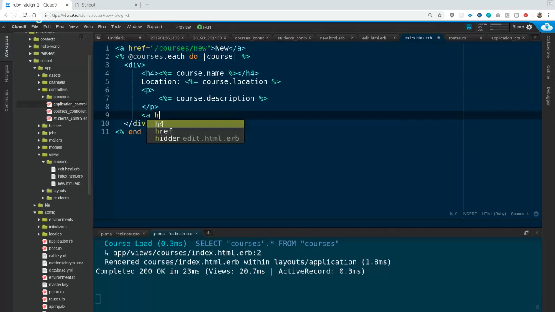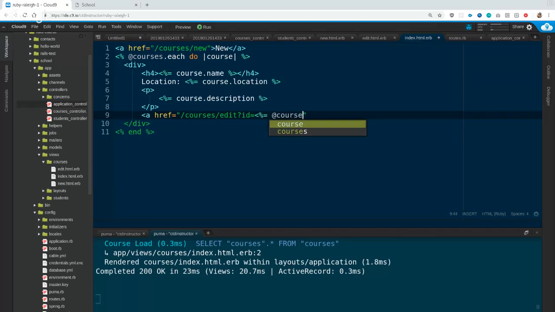So after the description, that's going to go to courses edit, and then in the URL, I want to pass the ID, so question mark ID equals course.id. And say edit. Okay. So if I refresh,